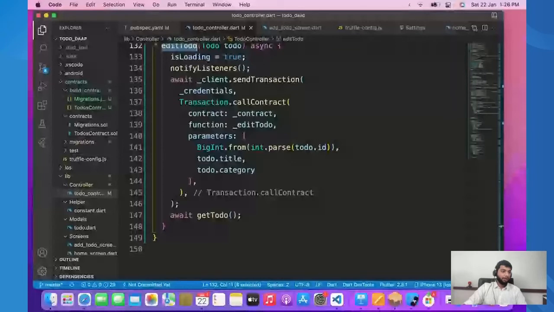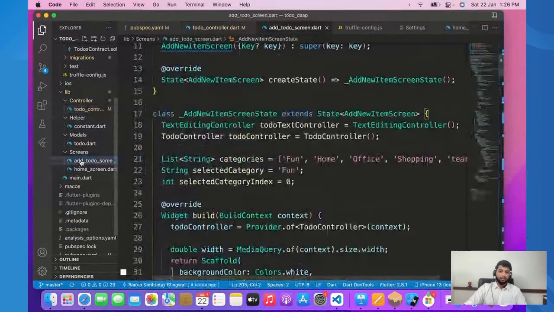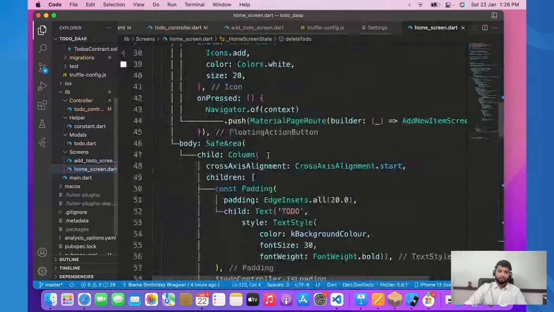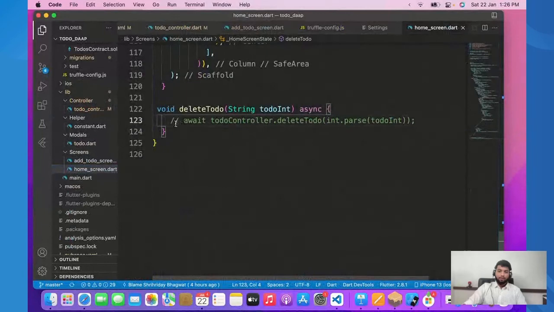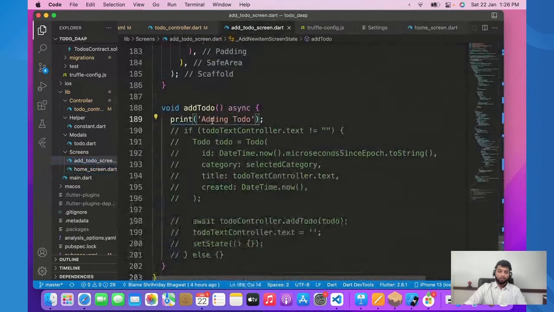Coming back to our project over here, you can see where to use this project. For that, we will need the front end part, right? So we have created a nice front end over here. If you see screens, home screen, and we will need this delete to-do function, and we'll also need a function to add. So over here we will need a function to add our to-do list. But before going ahead, let us check the application.